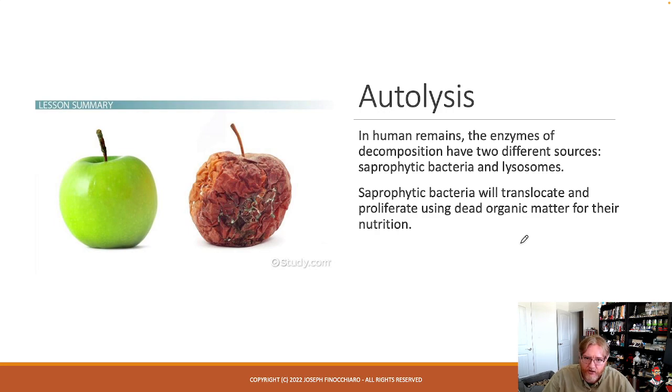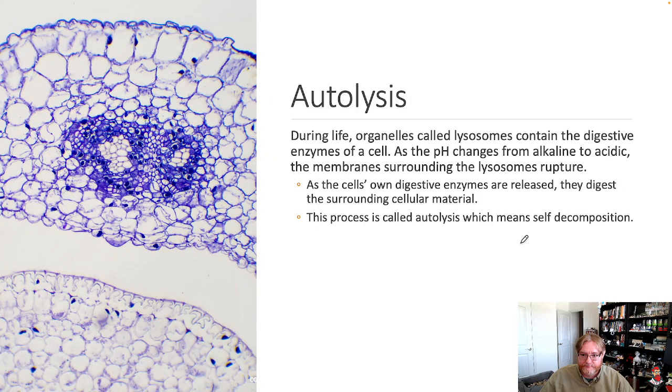The way to look at autolysis, which is the automatic breakdown of cells, it's either going to happen because a microorganism is eating you. Saprophytic bacteria, they eat dead things. That is why they're breaking it down. They're using it as fuel. Lysosomes, that's their job in your cell. A lysosome's job is to break things down. And what's going to happen is when it has nothing to work on, the things it normally breaks down no longer exist, it looks for anything else to break down.